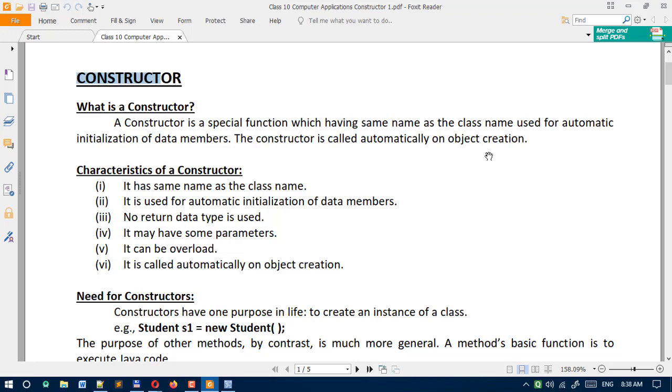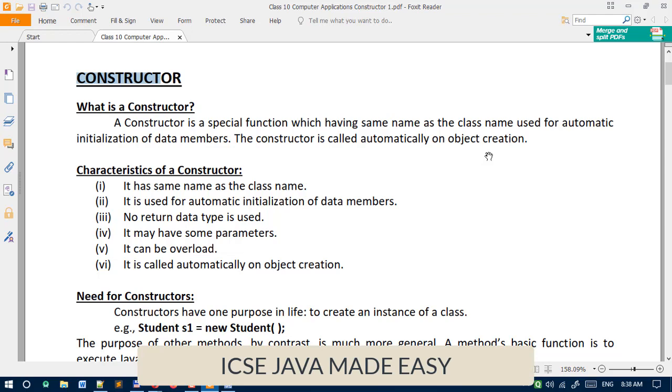Okay, so you can see inside a class two things we are declaring. In the last class we have discussed the class and objects. So inside a class we are going to declare two things. First one is variable, second one is function. Same thing here, constructor is one kind of function but something having a special purpose.